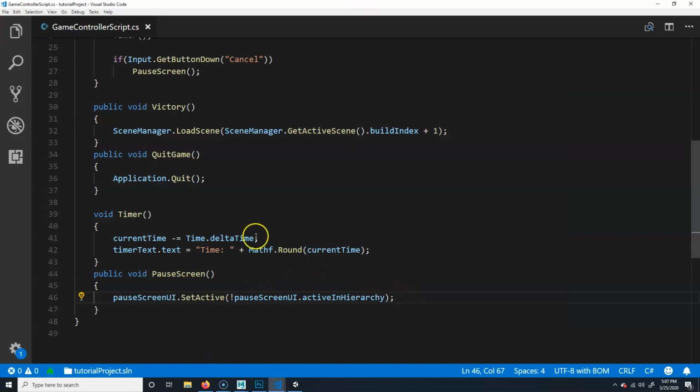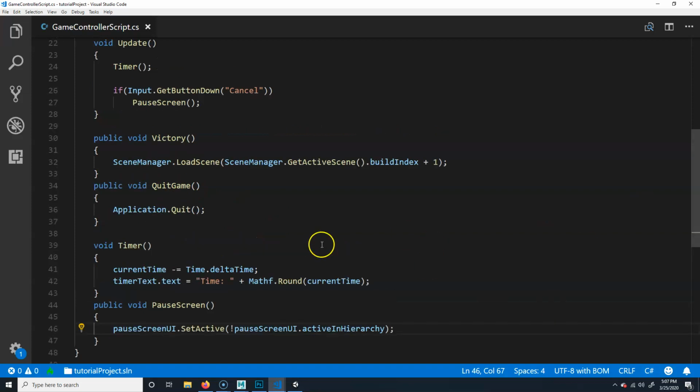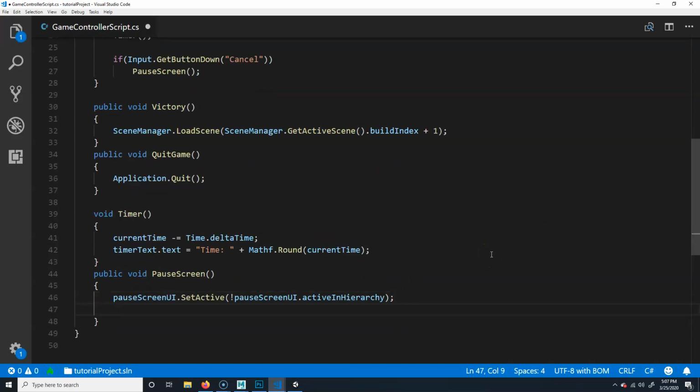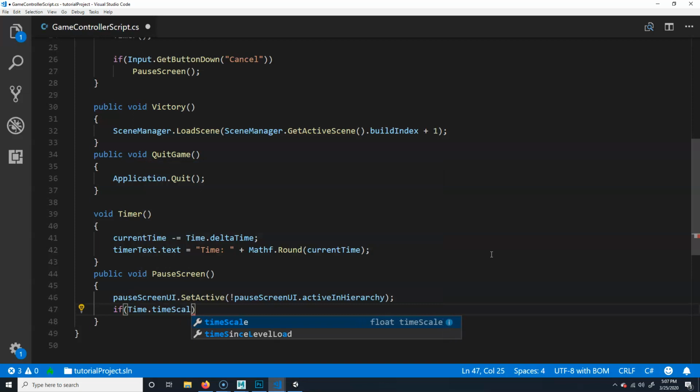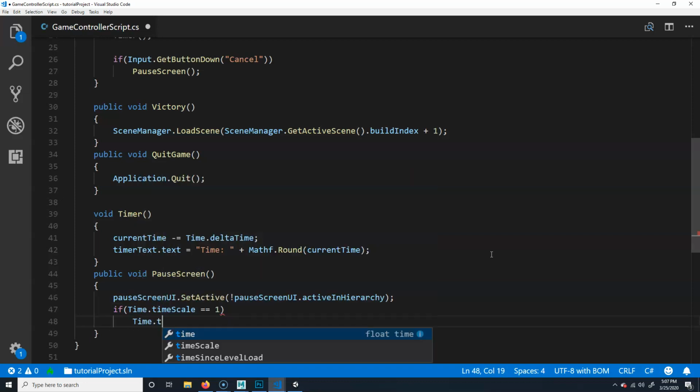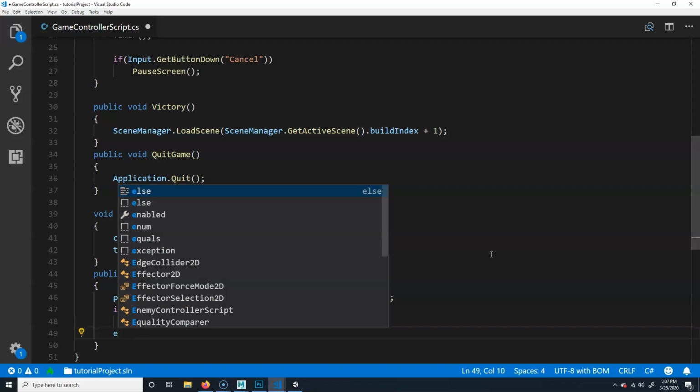All right, so what I want to do here is basically, where am I? Pause screen. I want to change the time scale. So we're going to basically say if Time.timeScale is equal to 1, which is normal time, the speed that it normally runs, you're going to go ahead and set the time scale equal to a value of 0, which means basically stop time. Else,